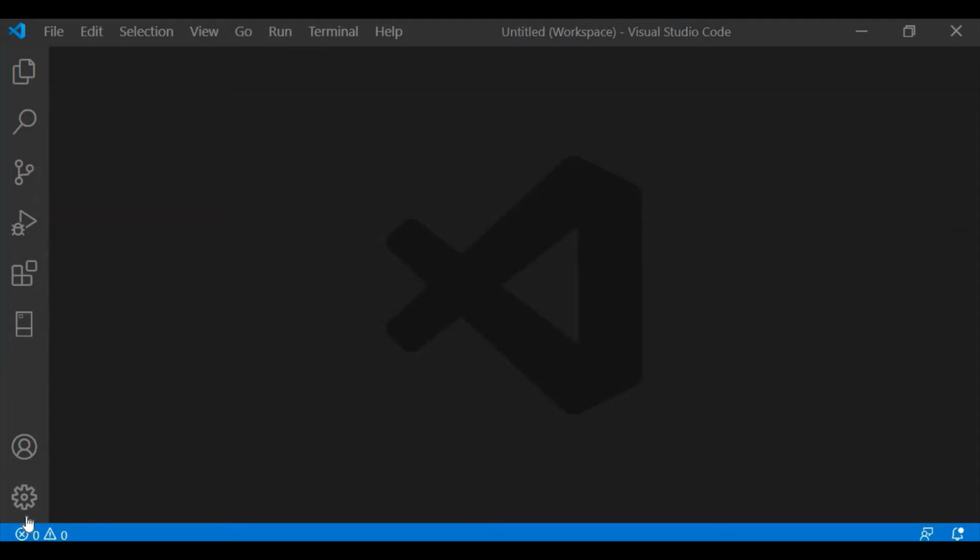Okay, so for this video, I want to demonstrate how to use Visual Studio Code to write SQL commands. In particular, I want to bring to your attention an extension in Visual Studio Code that was created by Microsoft. It is called MSSQL. And with that, you can use Microsoft SQL Server as the database management system while using Visual Studio Code